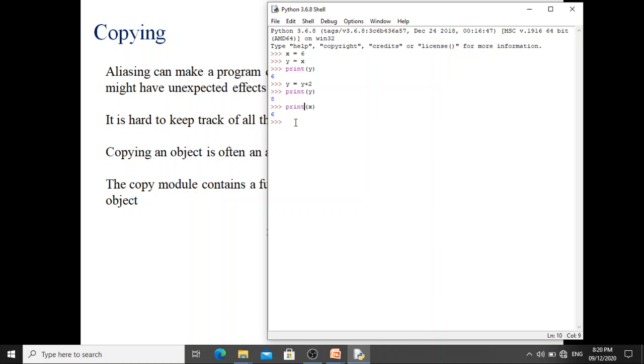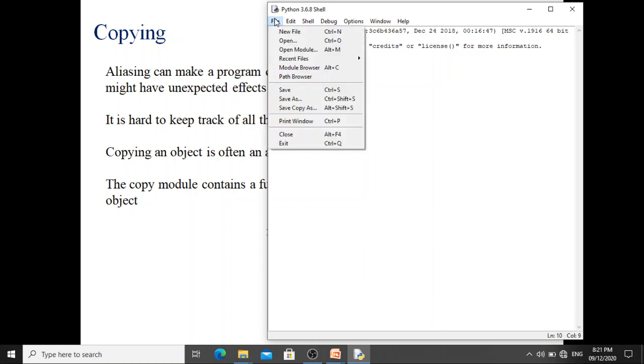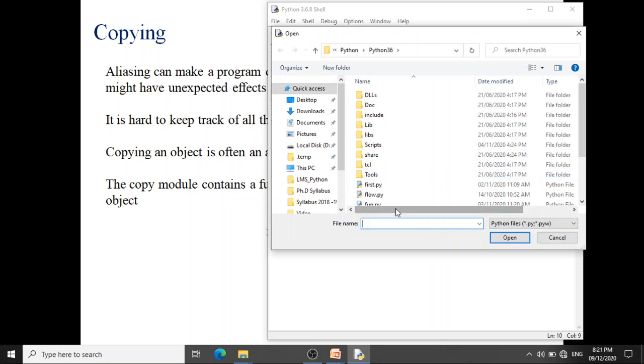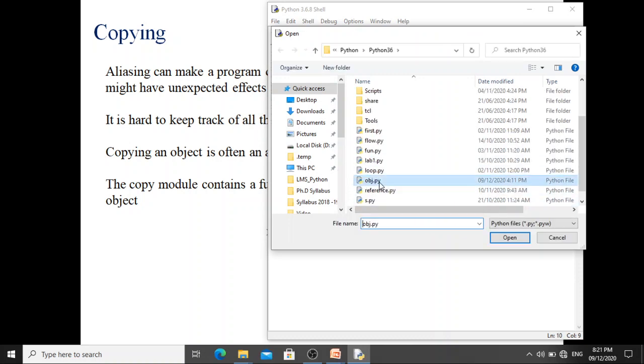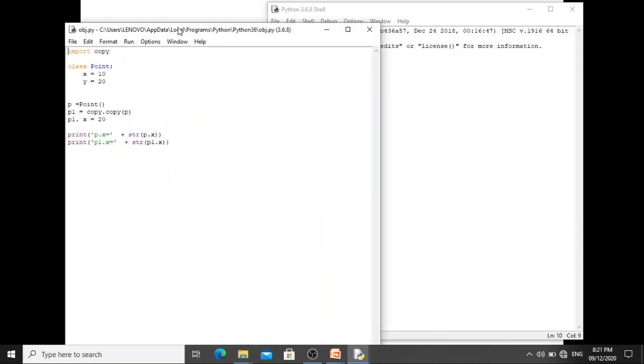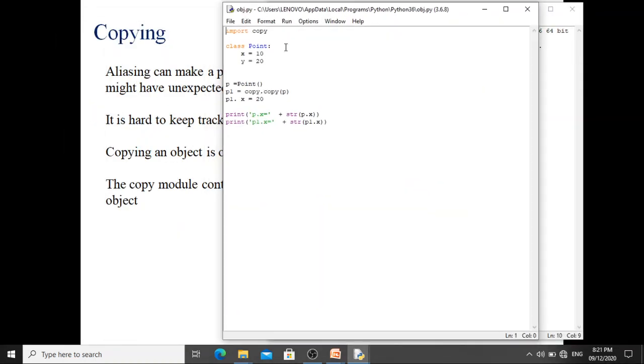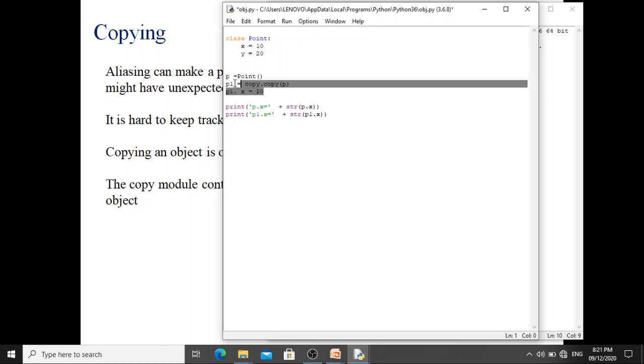With the same line, we'll take up what happens when we copy one object to another object. For that, I'm going to open a file which we took in the first session. Yes, this is the one. We have a class, there is a class Point.